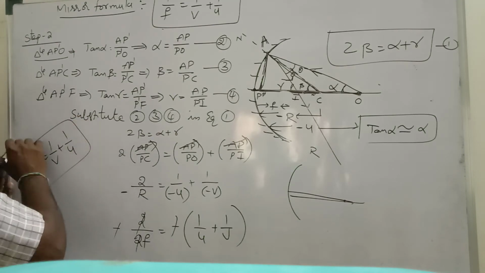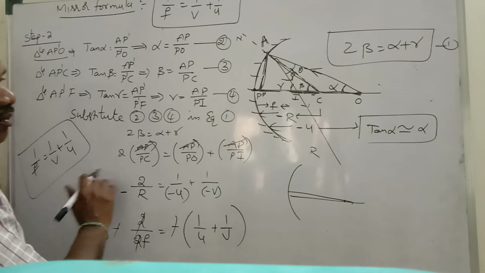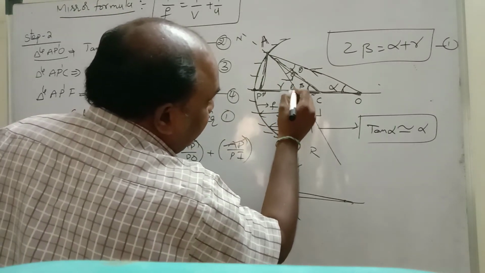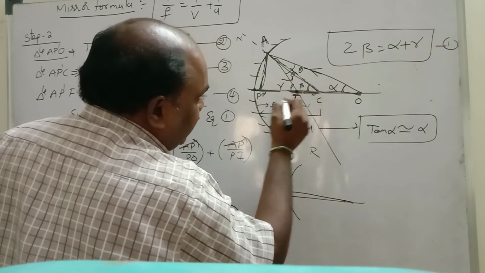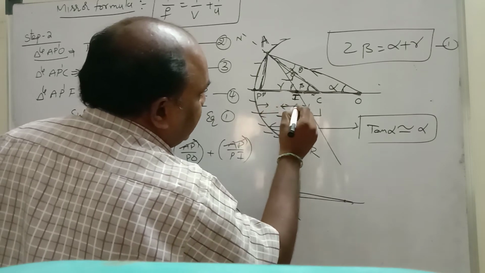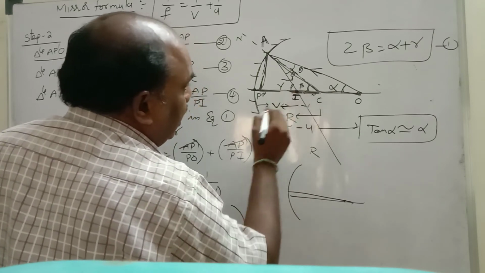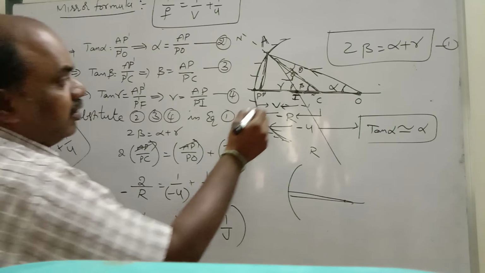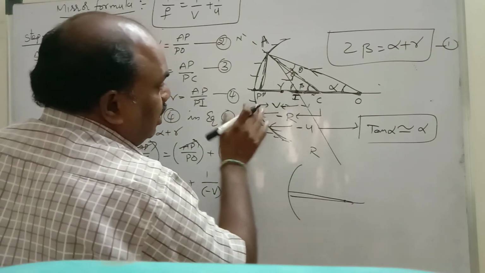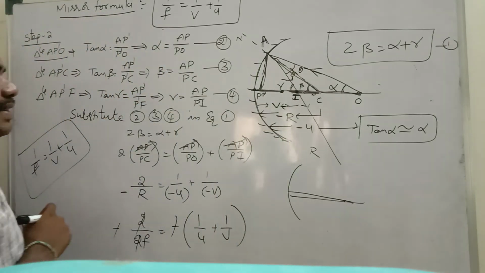This is called the mirror formula. Where the reflected ray goes, at that point the image forms. So pole to image is nothing but the image distance v, not focus, sorry. It is going beyond the focal length now, so pole to image is the image distance.